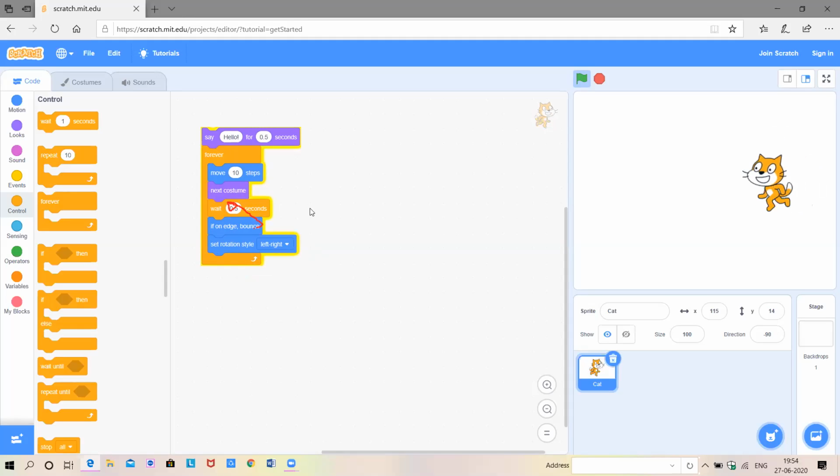Okay, so now it is slow, correct, right? Because we have introduced a wait over here. We're waiting for something. If it is very slow for you, then make wait as 0.1. If it is very slow, then change it to 0.1. So this way you can control how fast or slow your sprite will walk or run. Okay. Everyone with me? Yes. Okay, Rohan, please share your screen now.